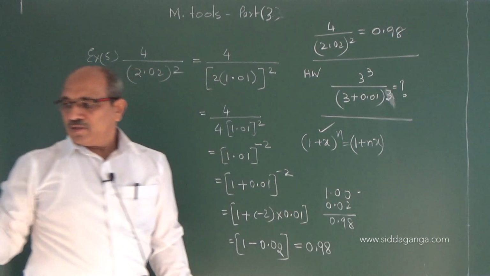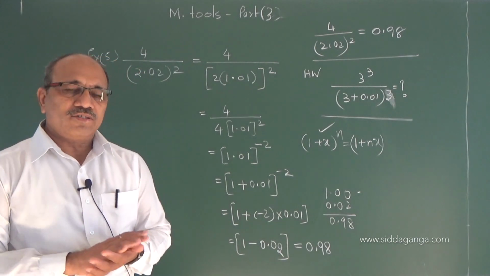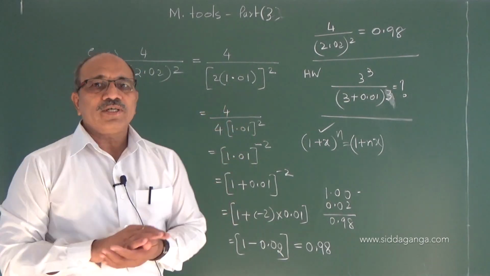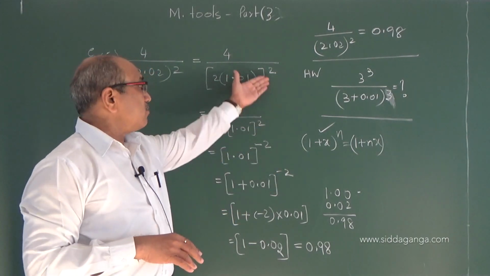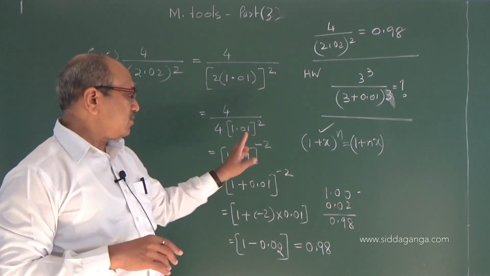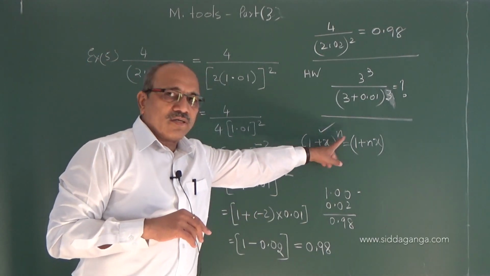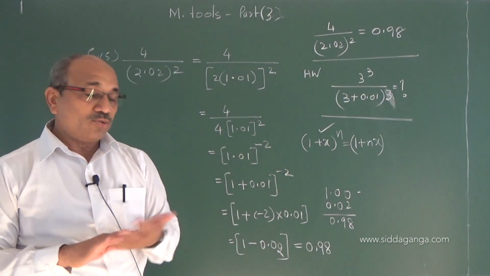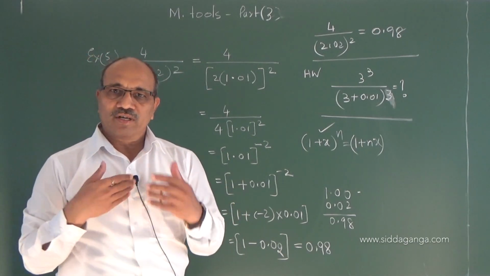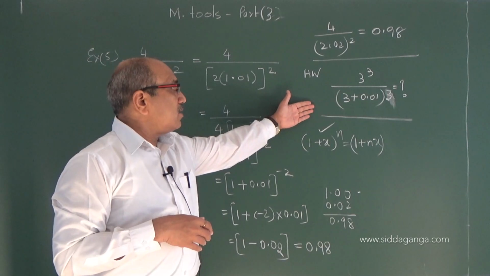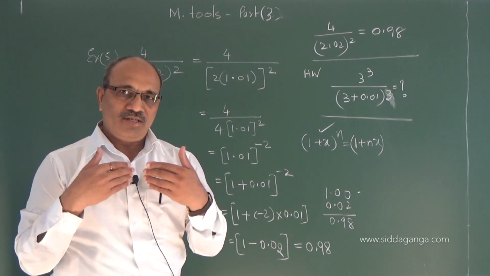In today's class, we discussed the geometrical progression and its applications in physics, and also the binomial theorem, for simple square roots, cube roots, or any power. As I told you, n may be any real number, but please remember the first term must be 1, the second term x must be a fraction, and n may be any number. We can get the values easily using the binomial expression. Some problems we have discussed to understand how it can be applied, and one homework is given. With that homework, we will discuss the remaining things in the next video.